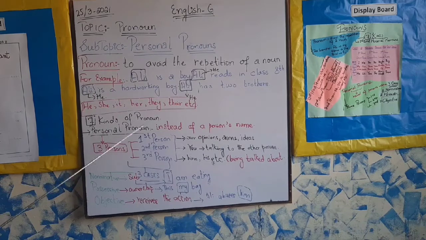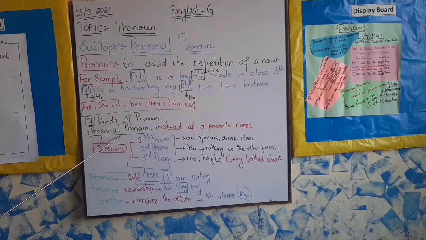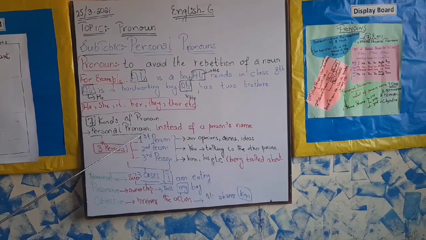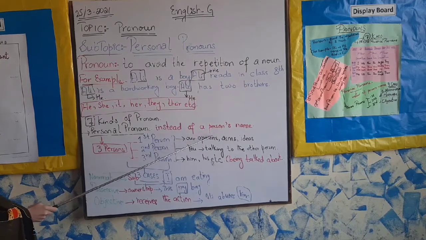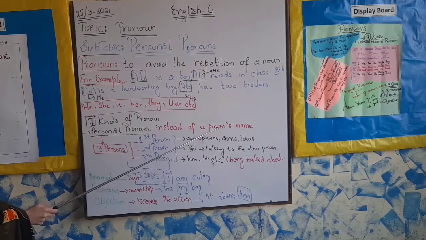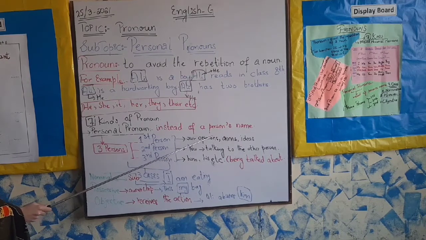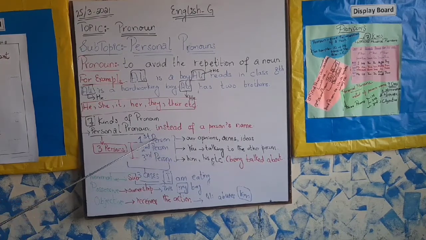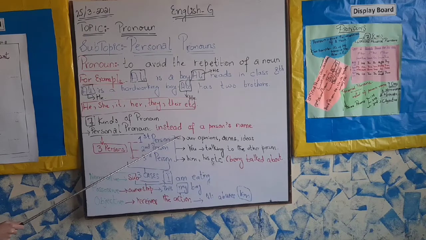These pronouns are used instead of a person's name, and the personal pronoun is divided into 3 persons: first person, second person, third person. First person refers to our own ideas, our aims, our opinions, our belongings, or our performance that we do by ourselves. That is known as first person, and in first person we use the pronouns I, me, mine, us, our,